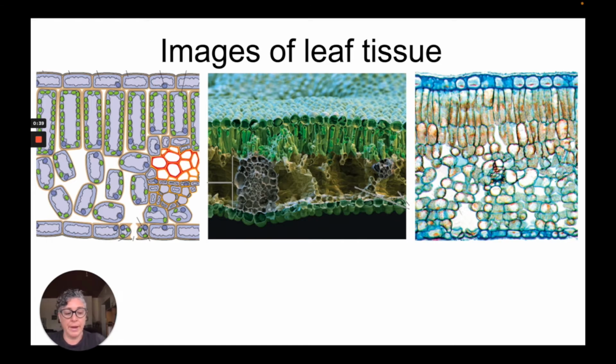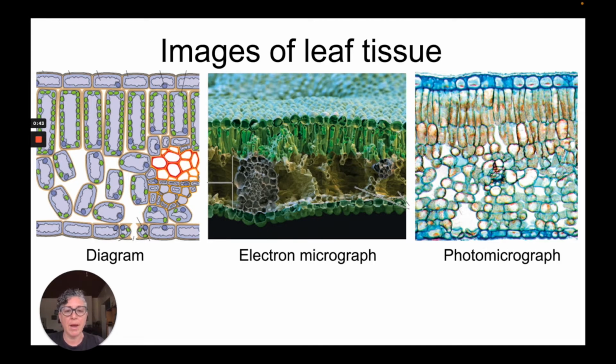We have a diagram on the left, an electron micrograph in the middle, and a photomicrograph on the right. These are three different images that you will need to be able to look at, understand that they represent the microscopic layers of leaf tissue,